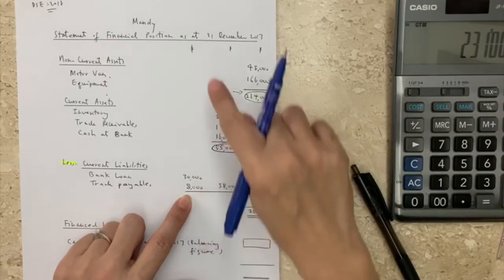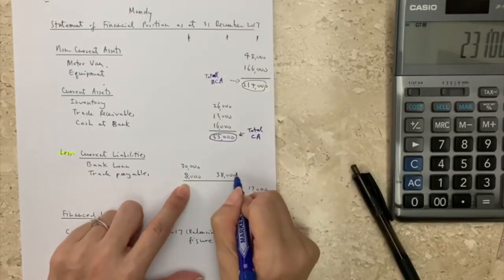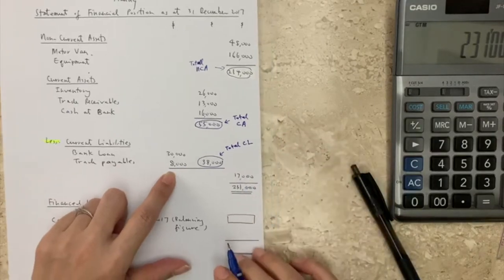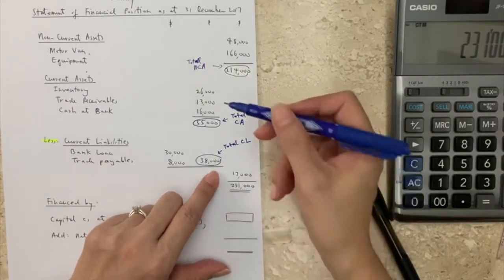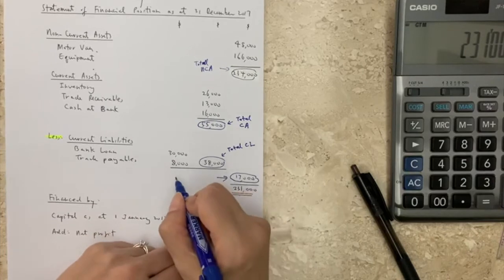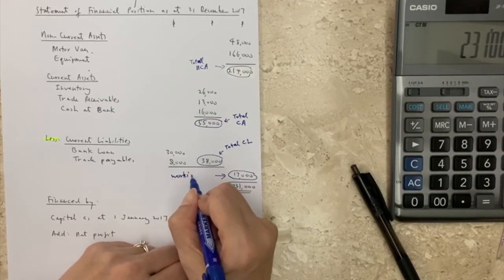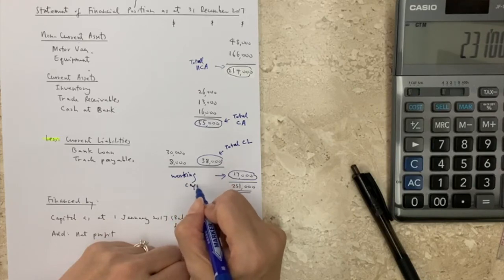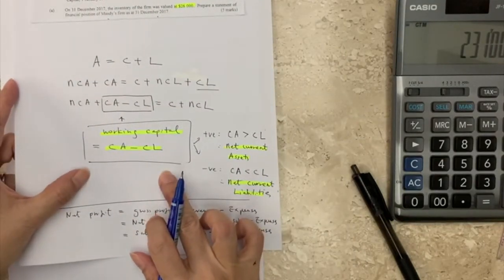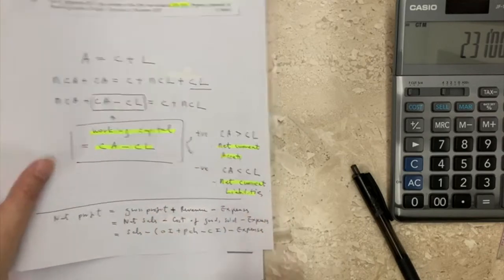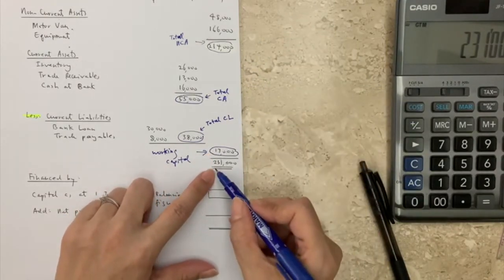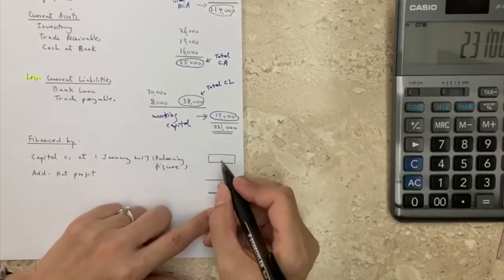So since we need to show the details, here we need another column. All right, so what is meaning of this 38? It means total current liability. Okay, and then 17,000 is the total current assets minus total current liability, so that we call this working capital. As we have mentioned here before, working capital is the difference between current assets and current liability. All right, so therefore this is positive, and then add this total non-current assets. We have the first half 231,000, and then the second half must be the same,